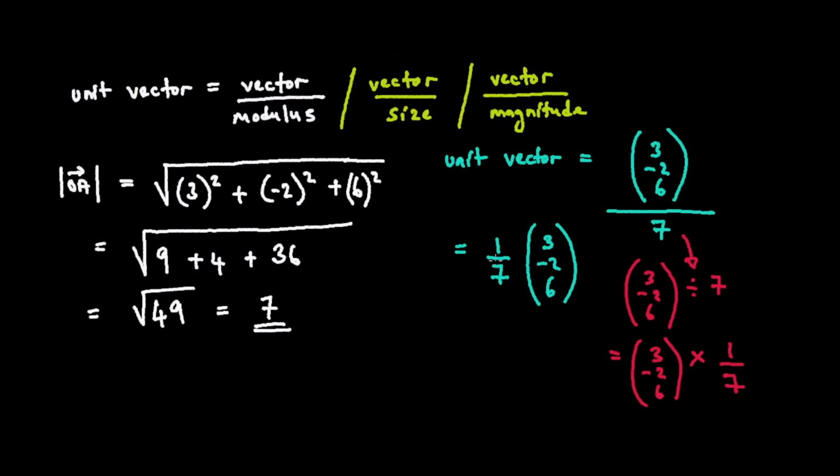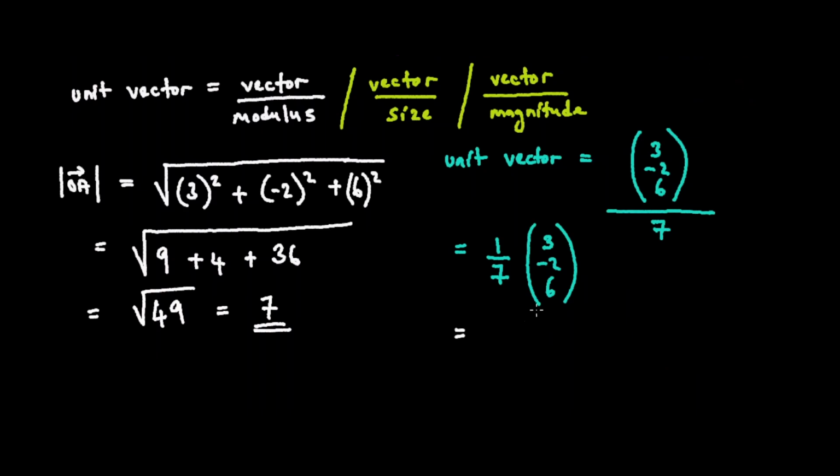So it goes back to 1 over 7 multiplying (3, -2, 6). You can do it the long way if you are more comfortable with that, but that is simply a precise shortcut. Okay, so after seeing that this is how we are going to express it, we just do the scalar multiplication we learned,